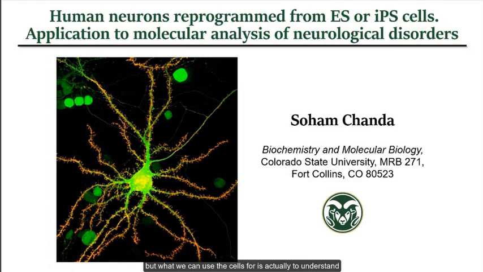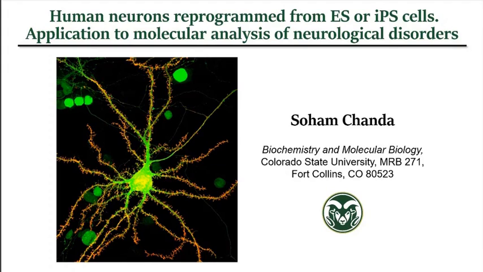But my talk is, as a molecular neuroscientist, particularly focused not on the clinical trials, not on curing patients at this moment, in the future maybe, but right now we are really using the cells. What we can use the cells for is to understand the molecular mechanisms of proteins and genes that could not be studied before, because of the reasons I'm going to talk about.